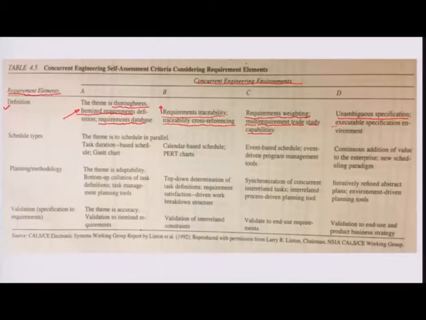This could be executable specifications according to the environment, and real time changes in the specifications as needed in the definition of the requirements. So, this is typically the most desirable level when we talk about a concurrent engineering environment. However, not all companies are at this level, and so it is important to trace what level they are in and what the constitution of the concurrent engineering atmosphere or environment should be.